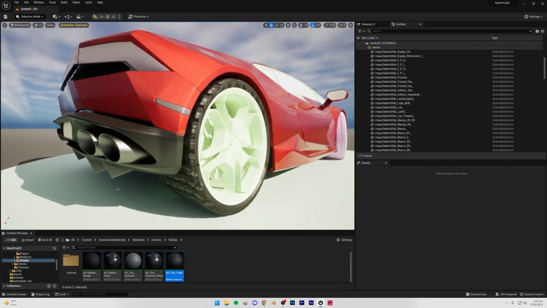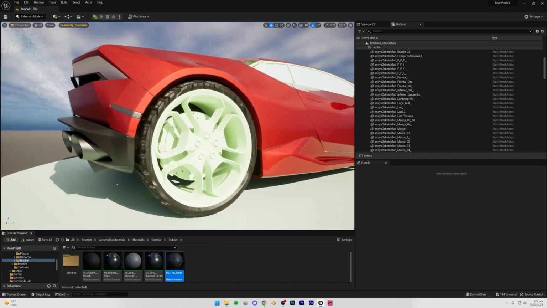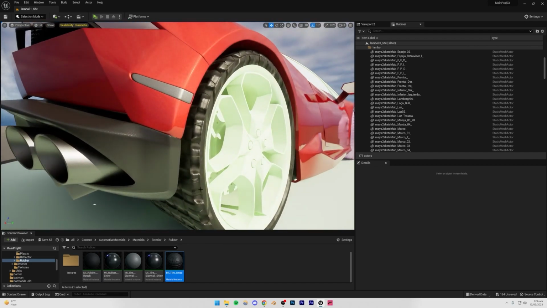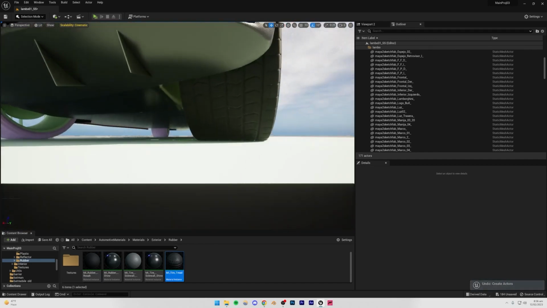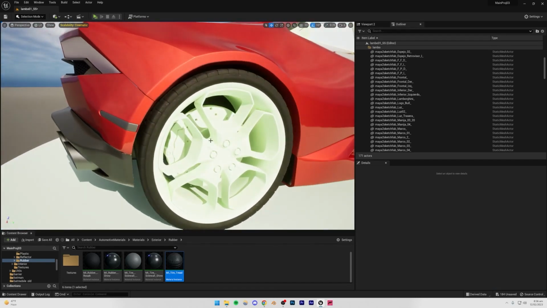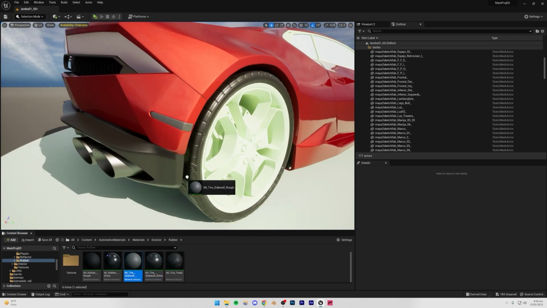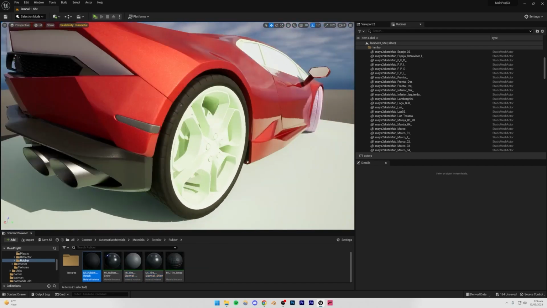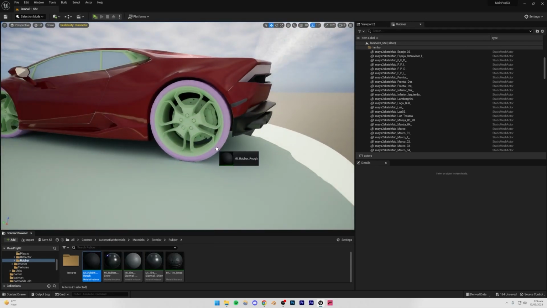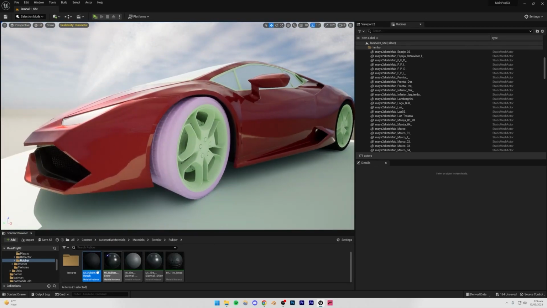You can also use these tire tread material. However, these are meant for the cars which don't already have these bumps, these treads on the tires. But since we already do have them, I don't think we need them. And you can even add a shiny material if you want. Yeah, you can basically just choose whichever material you want, but I think this one works the best for it. So I'm just going to apply this material to all the tires, and then we're going to move on to